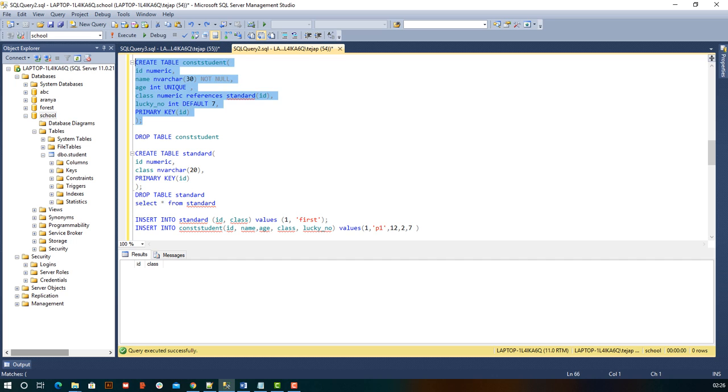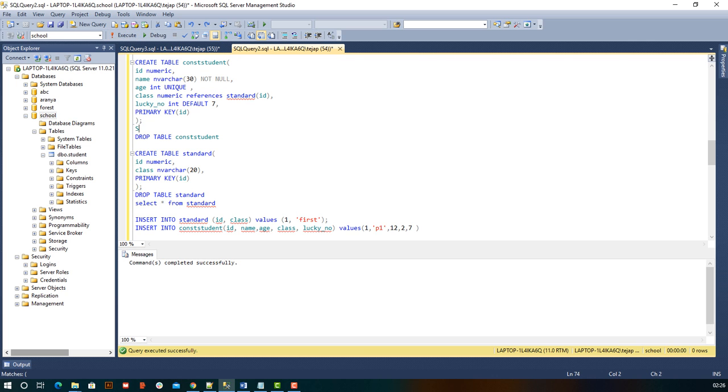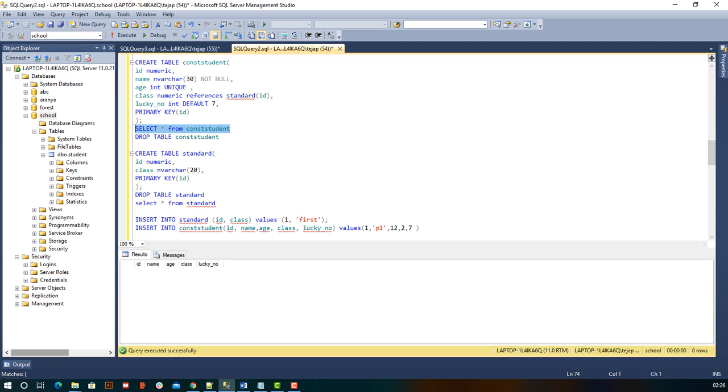Now we'll try to create this table and execute. Now we'll try to select star from const student. If you try to get all the details present in that, there is nothing present in const student, and there is nothing present in standard.